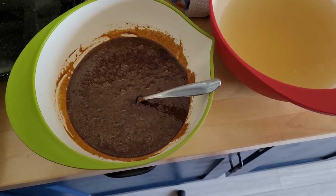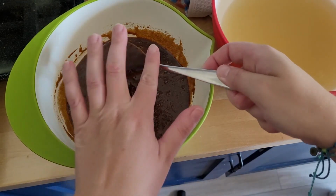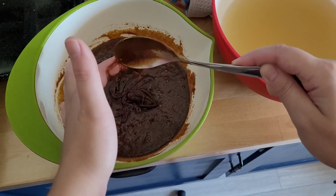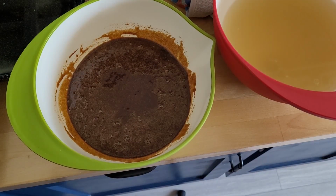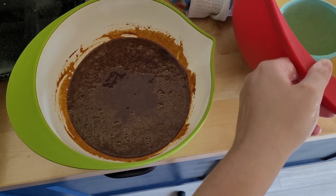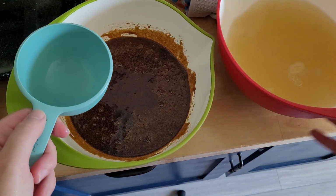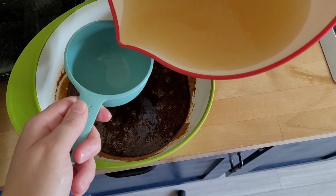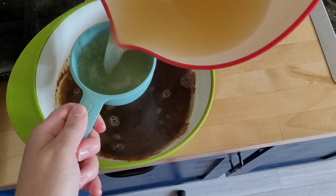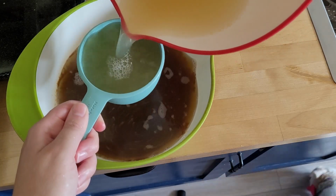Okay, now it says to take the reserve water and add it to this mixture. And since I doubled it, I'm going to need 8 cups. I'm not even sure if 8 cups are going to fit in this, but we are going to try. Obviously, I am not going to have 8 cups from this, but let me see if I can just pour it. One, two, the 8 cups is not going to fit in this. 3,